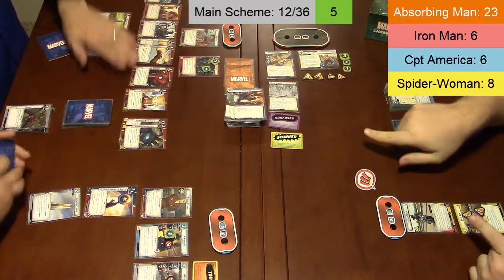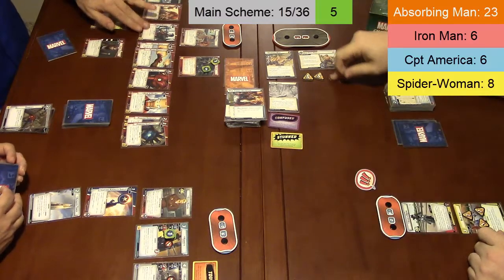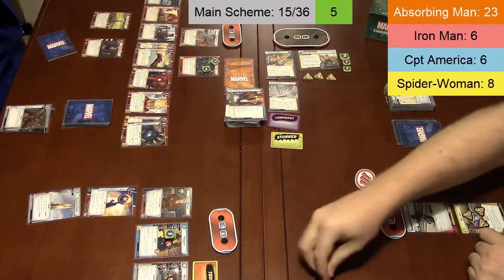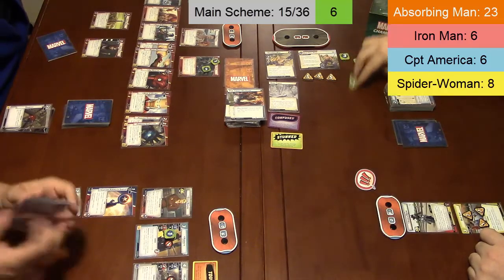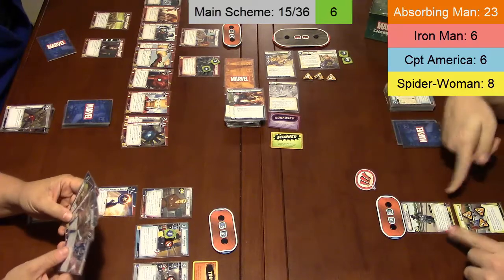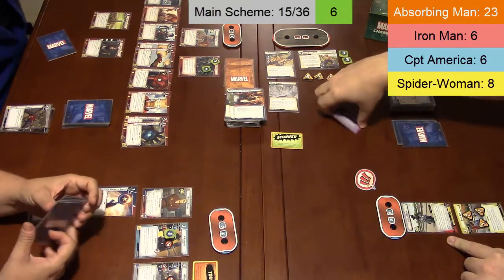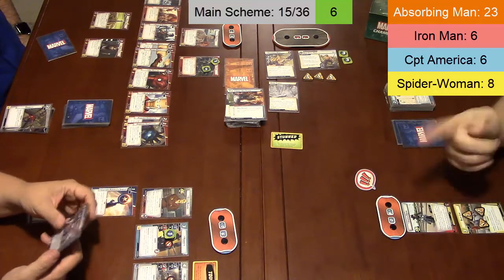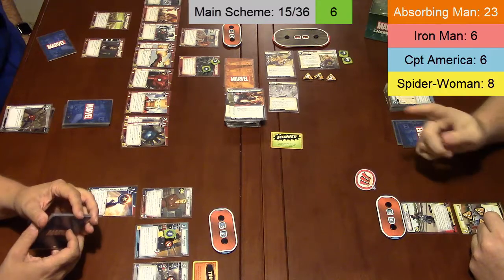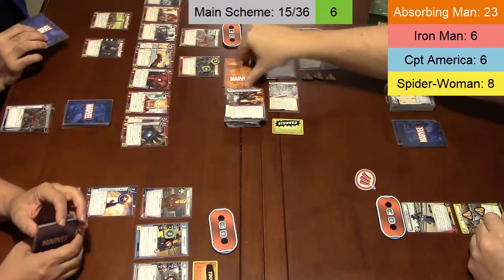Alright, so bad guy's turn. So 3 go on. And that puts him at 15. And he gets one of these, so he's at 6. And then he first looks at me, and he's going to scheme, but he's confused, so no scheme for him. And he's going to look at Mickey, and he's going to scheme, and he says scheme is going to happen. Yeah. So flip it. 2 plus...